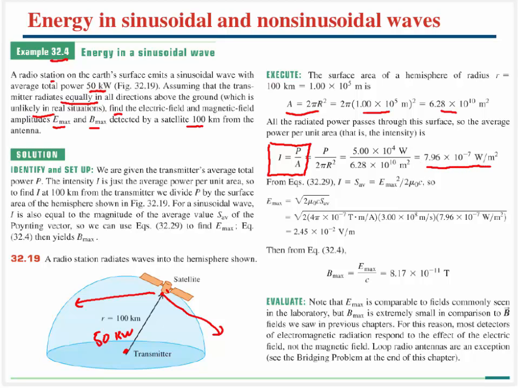That allows us to calculate our intensity, and then we can relate it to the Poynting vector, which is also related to the maximum electric field. So now it's a simple matter of plugging it in, solving for the electric field, and then we can go ahead and solve for the magnetic field. I kind of like this example because it's an almost practical real-life application, but it also gives you a feeling for the magnitude of the electric field and the magnetic field